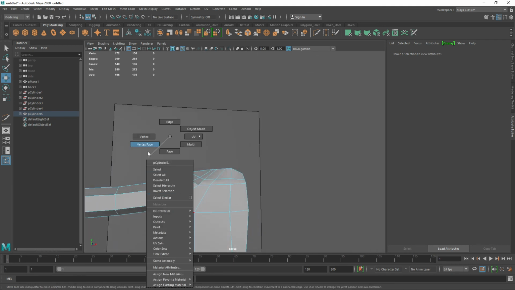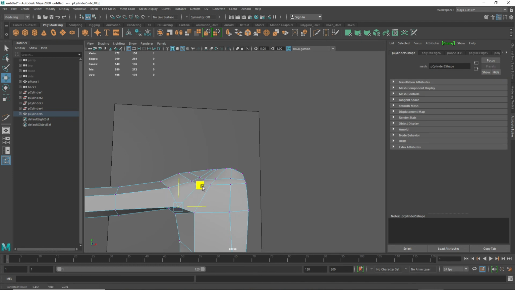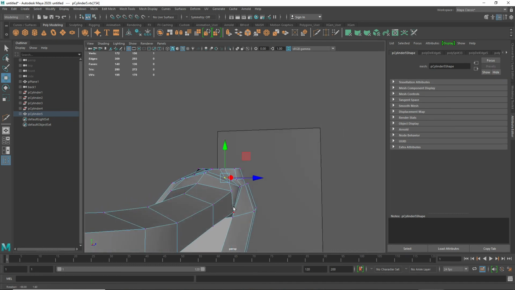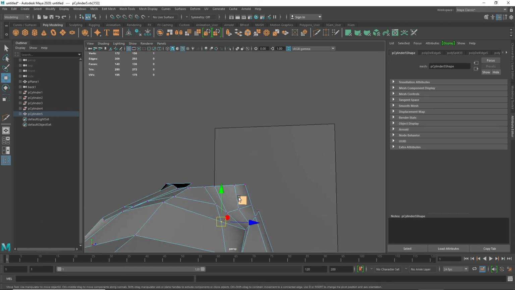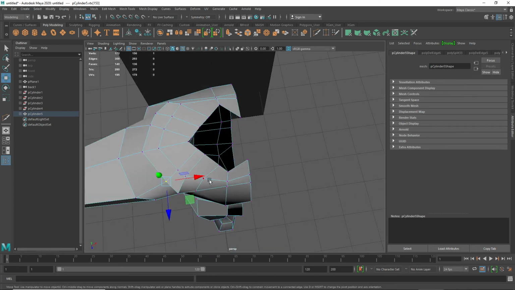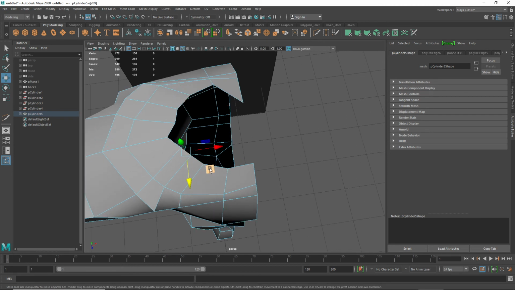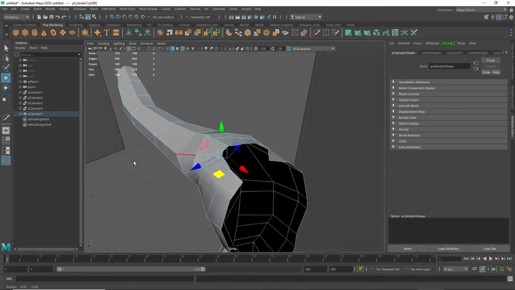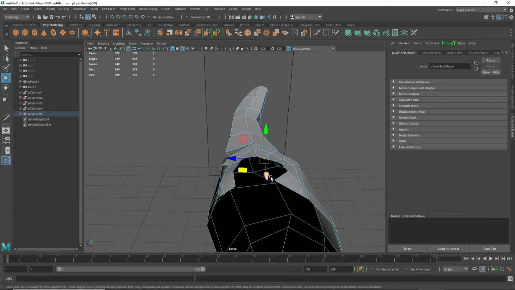Now, the thing is, anytime you do something like this, you need to reform it because you can see that I'm getting kind of flat areas here. Sometimes it's as simple as grabbing a piece here and moving it up and rounding some things out. So you can see here that this is starting to turn into the neck. Grabbing this, and then we can start going in the edge here and grab some of this edge, pull this out a little bit, grab this, pull that out, and so there is our